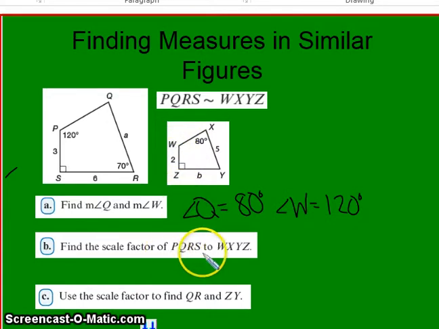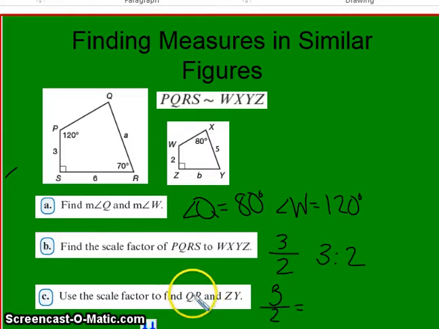PQRS is listed first, so we take the side length in PQRS, which is 3, and divide it by the corresponding side length in WXYZ, which is 2. So our scale factor is 3 over 2, or 3 to 2. That means for every 2 units in the smaller figure, we have 3 units in the larger figure. Now we want to use the scale factor to find QR and ZY. Larger is 3, smaller is 2, and we're going to use this